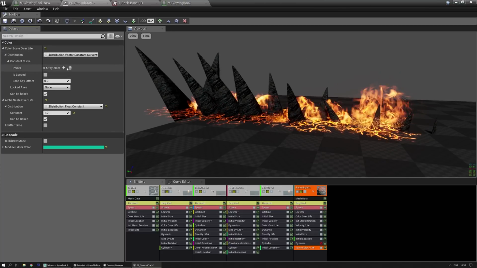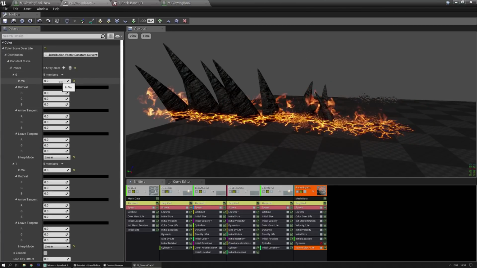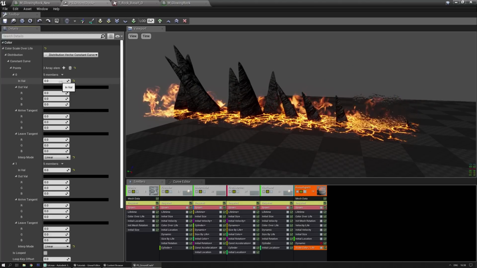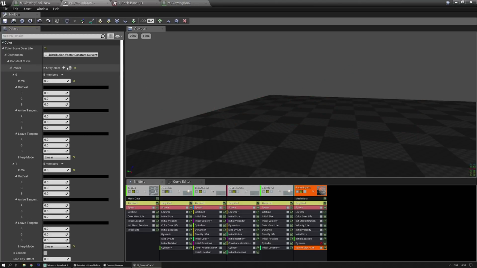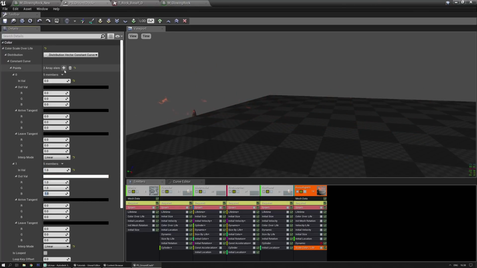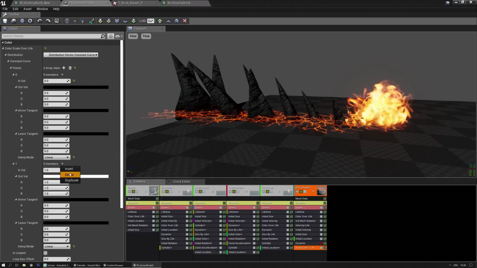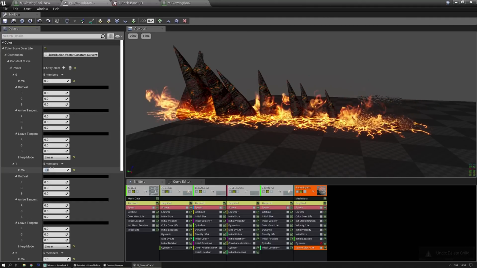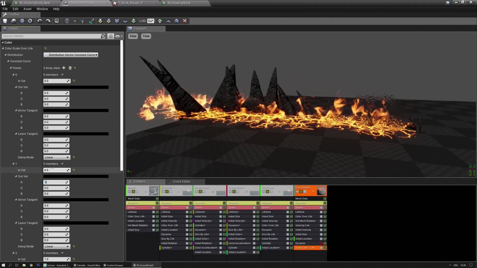Let's do a constant curve for the glow, and we can make it glow a little bit more at the beginning or at the end. Let's see. At the end, it should just be 1, I think. There. And if I insert another one at 0.5 that has like a glow of 3,